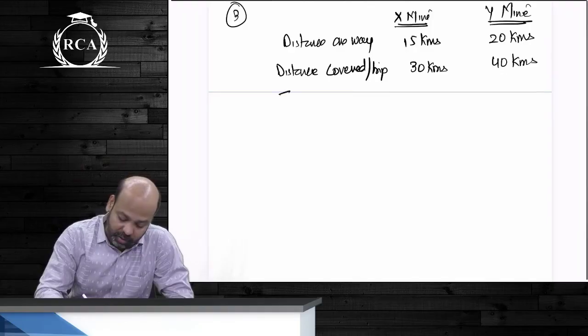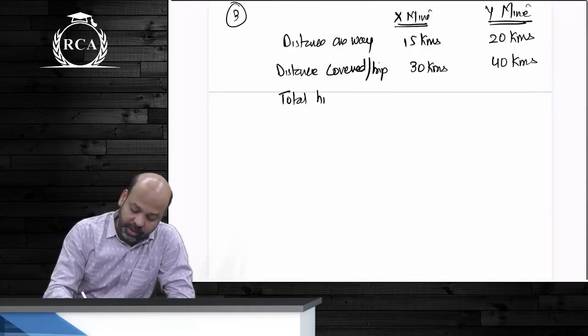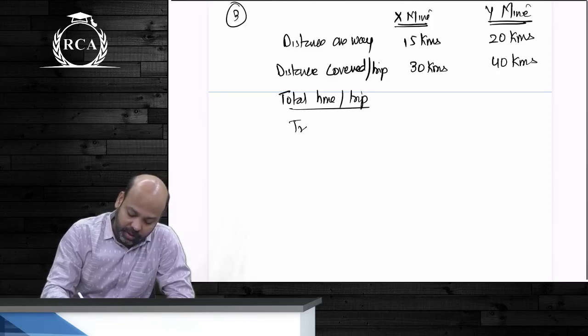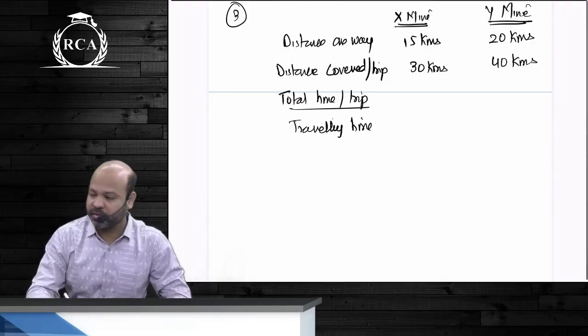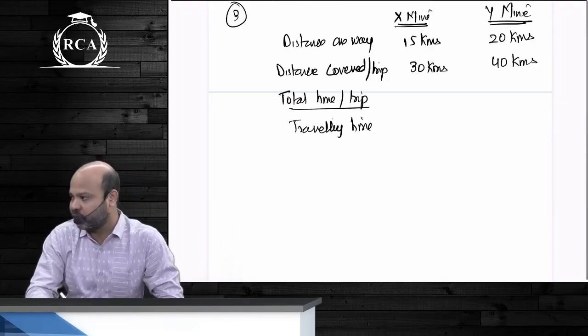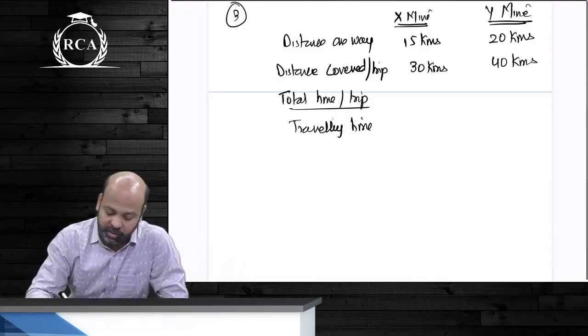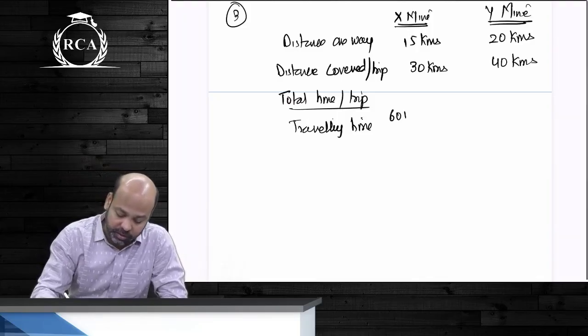After that, beta, you know that a part of the expenditure is based on time. So that is why, beta, total time per trip. Loading time, unloading time is already given, beta. What will be your traveling time? Speed of the lorries, how much is it? 40 kilometers per hour, guys. So if it is 40 kilometers in 60 minutes, guys, what will be the time that will be needed to cover a distance of 30 kilometers?